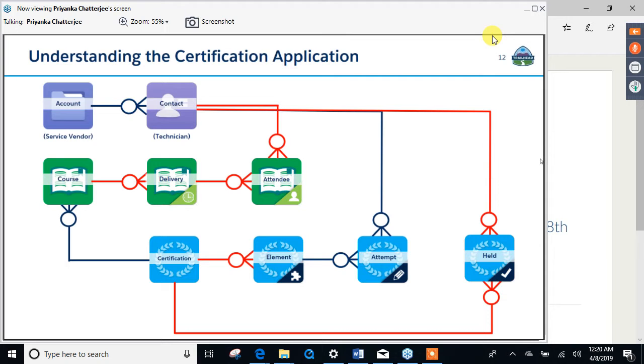So can we have a roll-up summary data type on the attendee object? It depends on the type of the relationship. Definitely, I'm going to show you in my org what type of relationship we have built. And see, the type of relationship that you're going to build is totally going to depend on the business scenario. If I'm looking at the particular scenario, it's my perspective